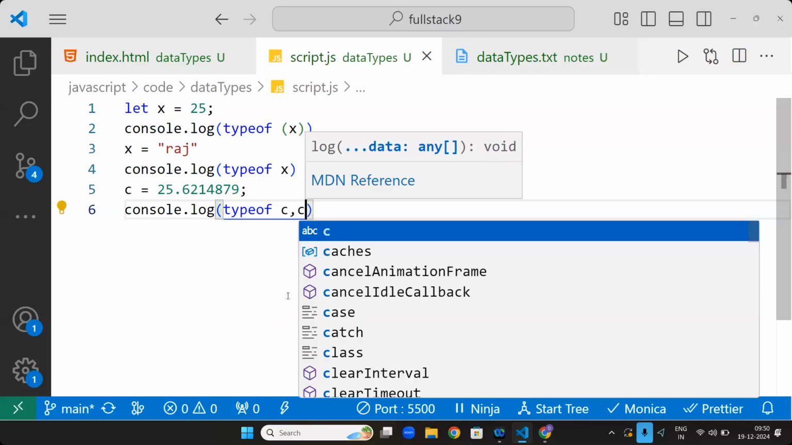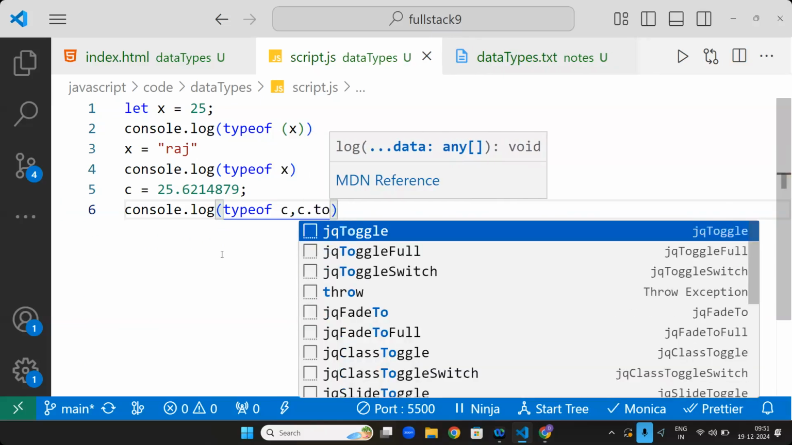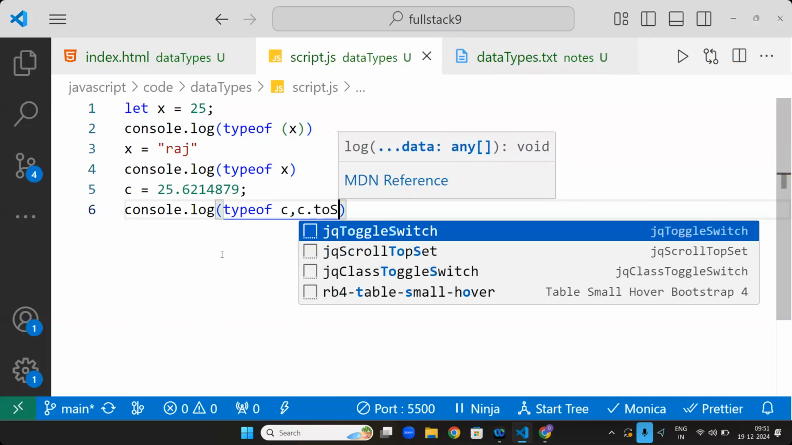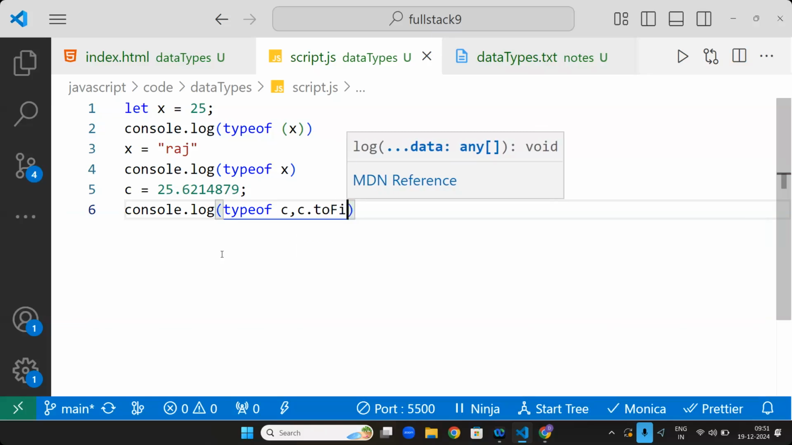Now, what is the type of C? Everyone, what is the type of C? Number, 25 point something. Then what is the number value? 25.611444879. Now I want to cut it. If I say C.toFixed,